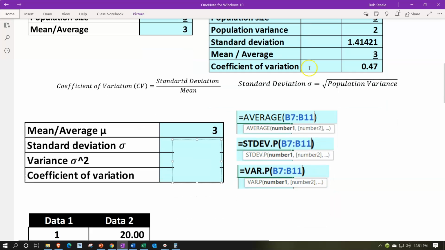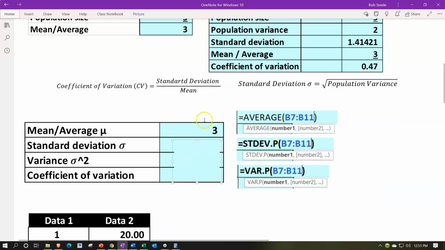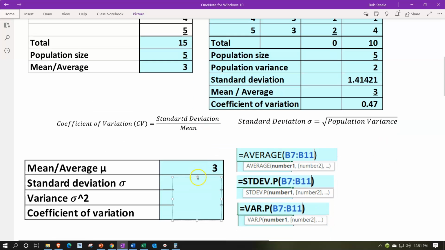So if we go down below, we could take the mean or average, and in Excel, that would be the formula of equals the average. And then you take the sum of the data, which would be these 5 numbers, and that would give us 3. The average, of course, being adding up those 5 numbers, dividing by the number of units, which was 5. And then we can take the standard deviation. That's going to be the